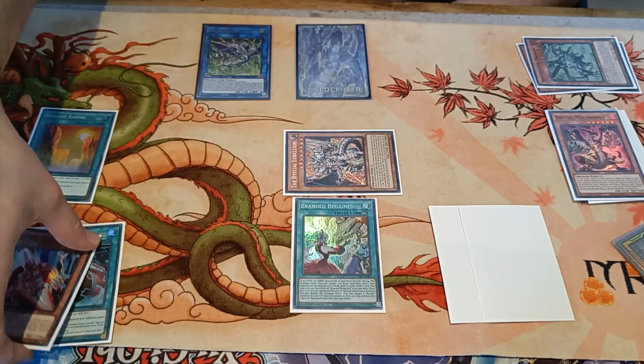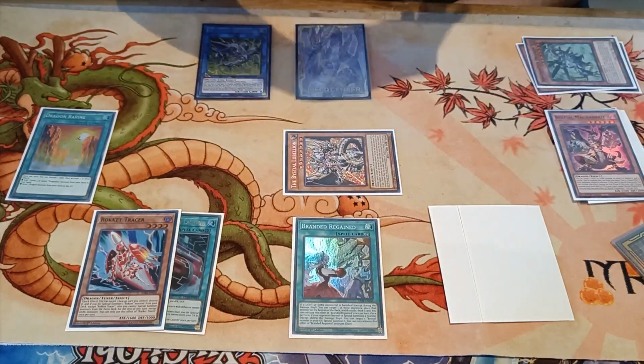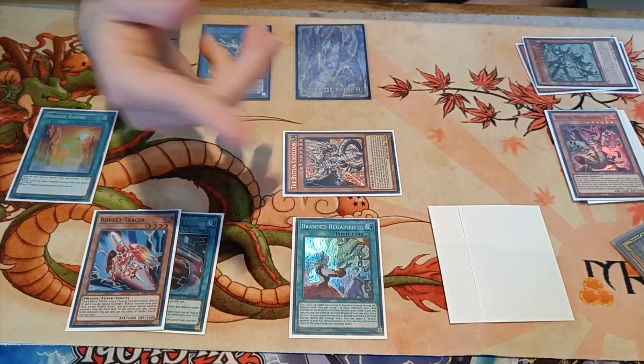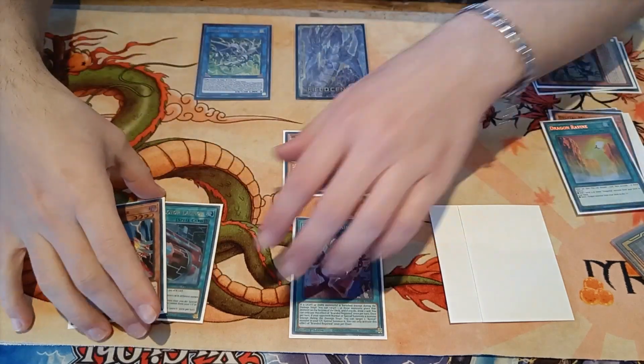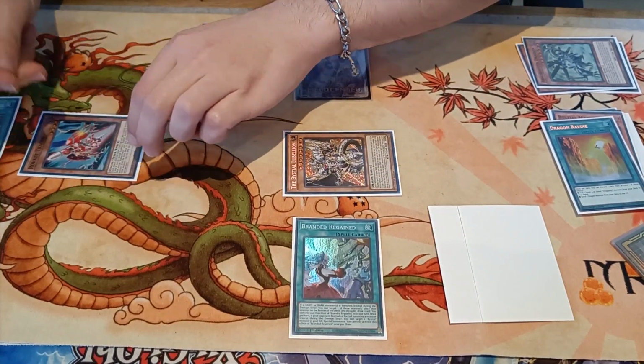So Branded Beast is not really that clean at the moment, so I'd rather go for the guaranteed follow-up with Branded Regained, because the way this combo plays, it doesn't have any follow-up. If you have enough follow-up, you could argue to go for the Branded Beast, but for now, I think Regained is better. Now we get rid of the Dragon Ravine, go for Boot Sector Launch, summon the Tracer, effect Tracer,